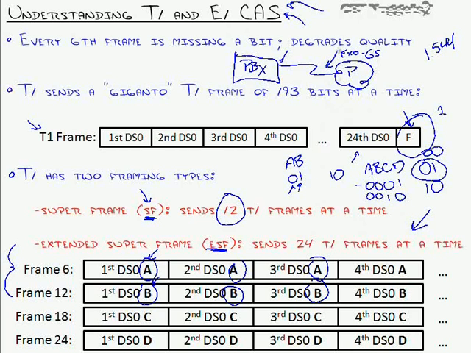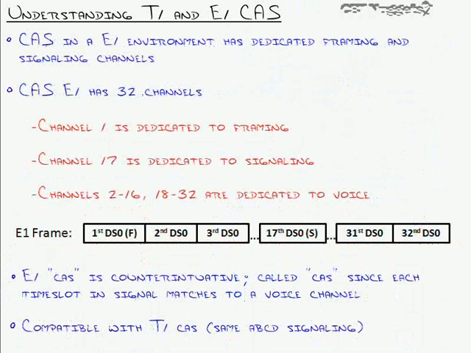Depending on what signaling standard you use, that's where you combine all these bits together, if you're using extended superframe, into a legible message of this is what this represents. That represents a dial digit 9, whatever. Now before we dig too deep in this, hang on, take a step back, breathe deep. All we're talking about is the signaling, the new way to send signaling over a digital line.